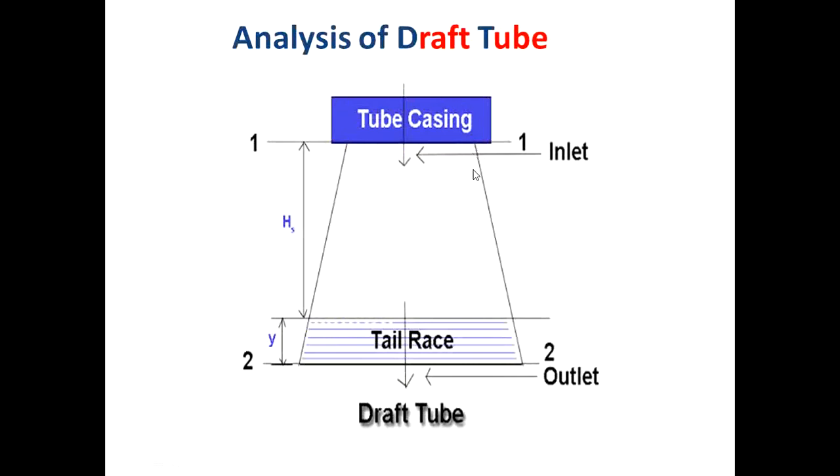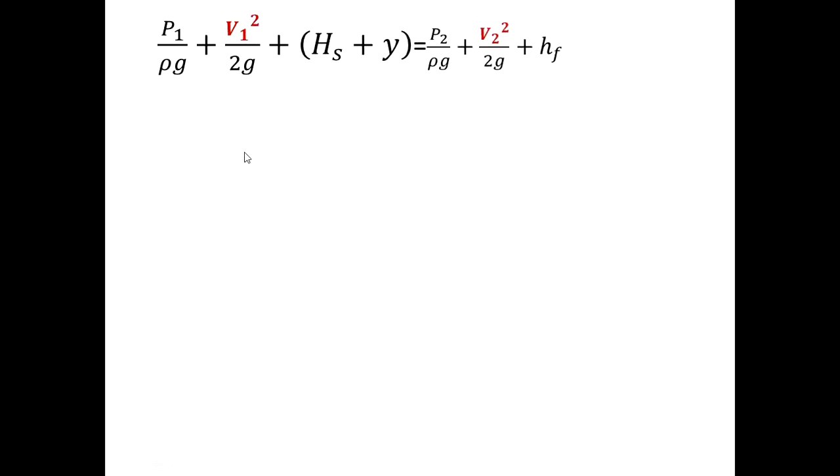This is the draft tube, conical draft tube. Let me explain. HS is the vertical height between the outlet of the turbine to the tail race. Y is the depth of the draft tube immersed in the water. Outlet, this one will be the inlet. So atmospheric pressure is also acting on the water. The fluid which comes out has to cross all this pressure. Let me explain. Write the draft tube sketch properly.